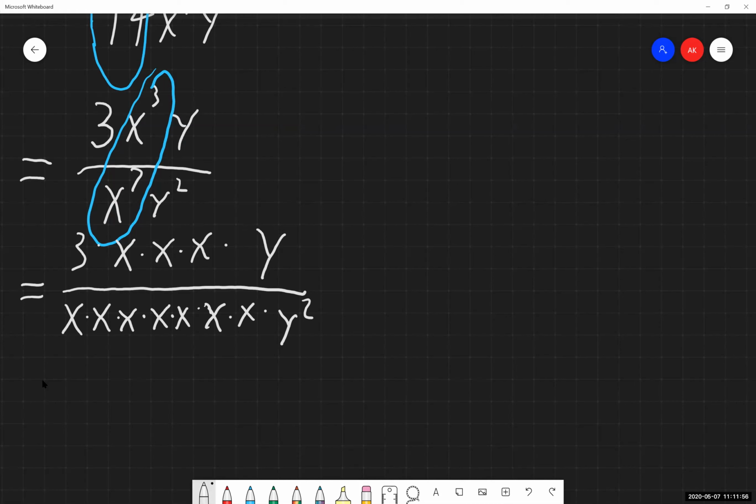And now we're going to cancel things out best we can. I have 3 x's up top. I have 7 x's down below. Anything divided by itself is going to cancel out. So 3 of the x's on top and 3 of the x's on the bottom are going to cancel out. And that puts us with